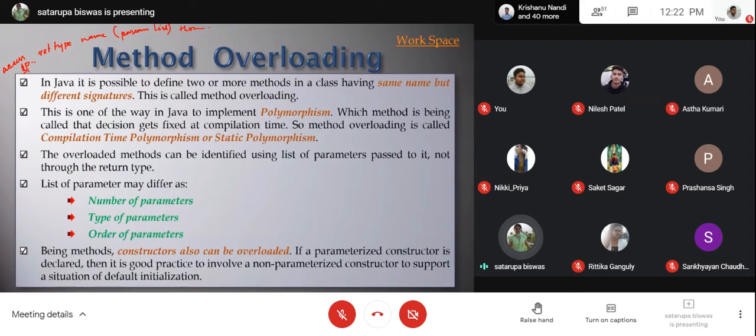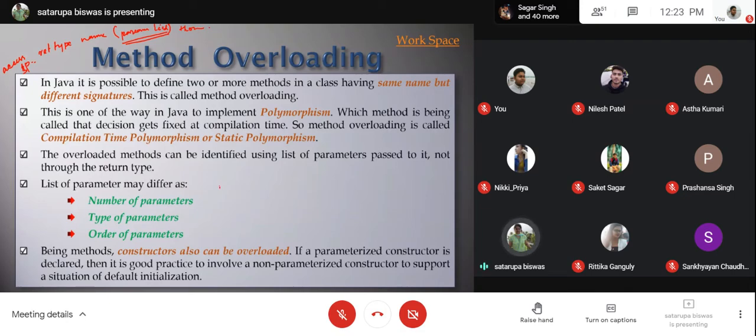Only a change in the parameter list for same-named methods will count as method overloading. So what changes can you make? You can change the number of parameters. In some method you pass one parameter, in some other same-named methods you send more than one parameter.